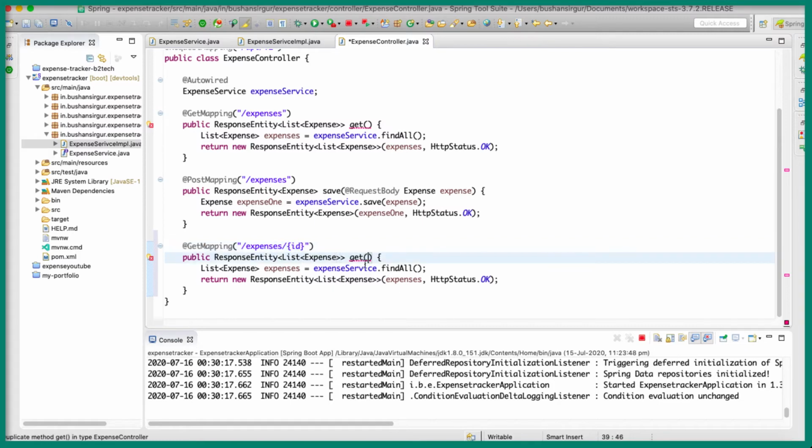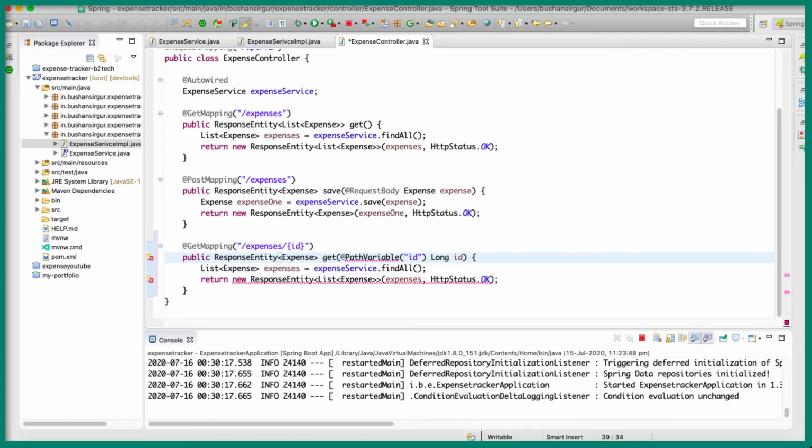Okay, first we need to receive the ID. I'm going to use a path variable for that, and we have to specify the id, which is of type long, and I'm going to call this id. So this is going to return an expense object. It will not return a list anymore.